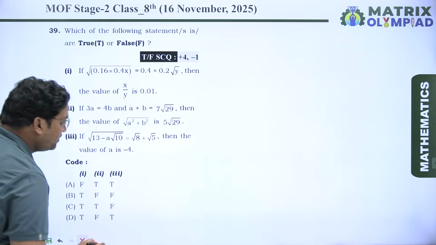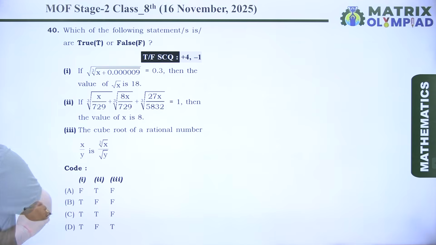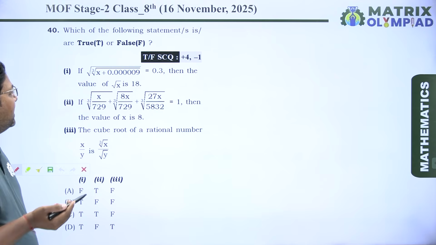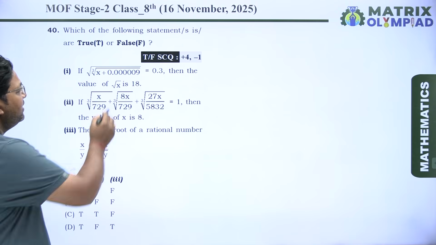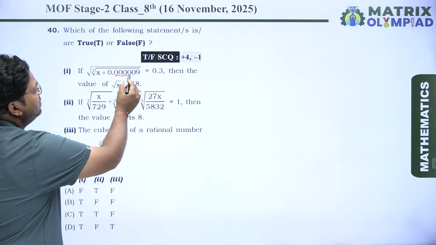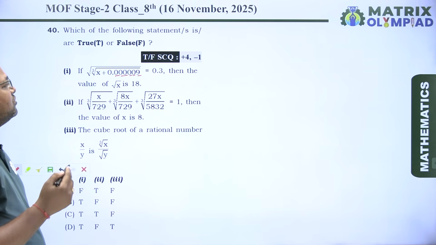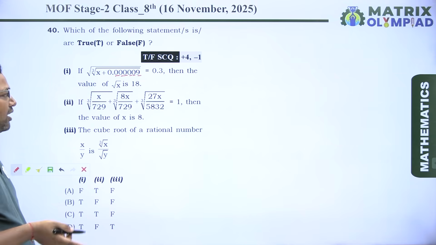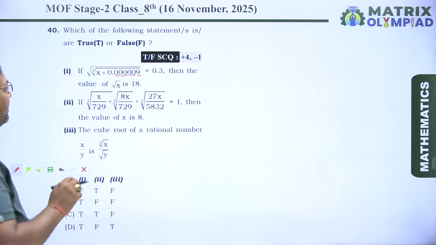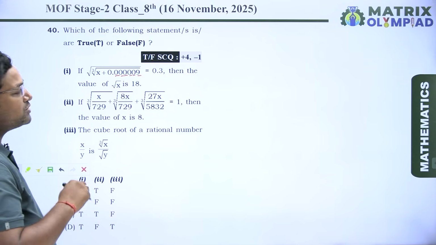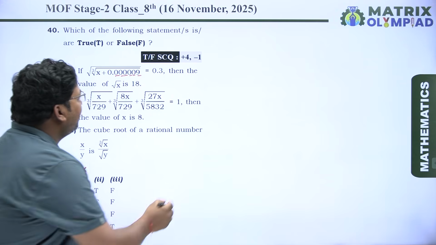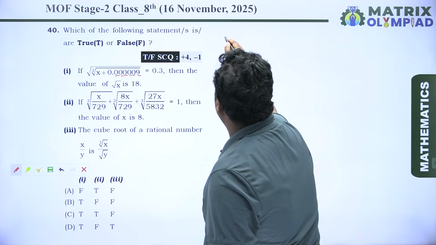Now coming to the next question. Next question is again a true false question. First statement is, if under root of cube root of x plus 0.000009 equal to 0.3, then the value of under root x is 18. So again here it is given square root. So first of all we have to do squaring on both sides. So we will get cube root of